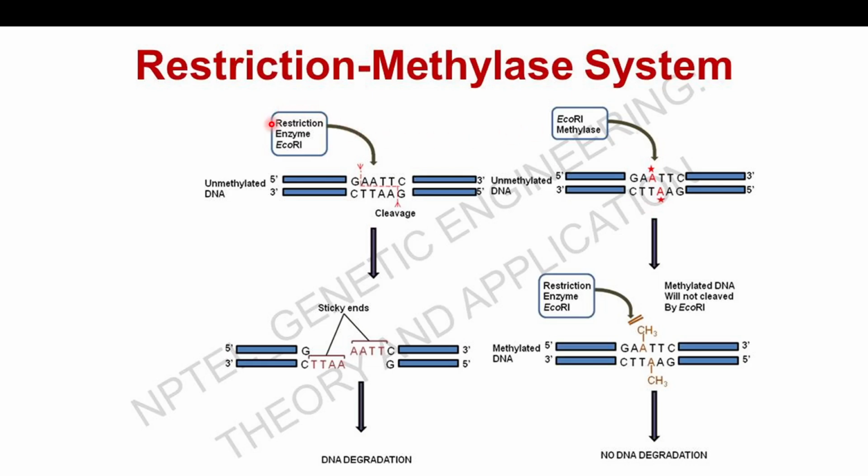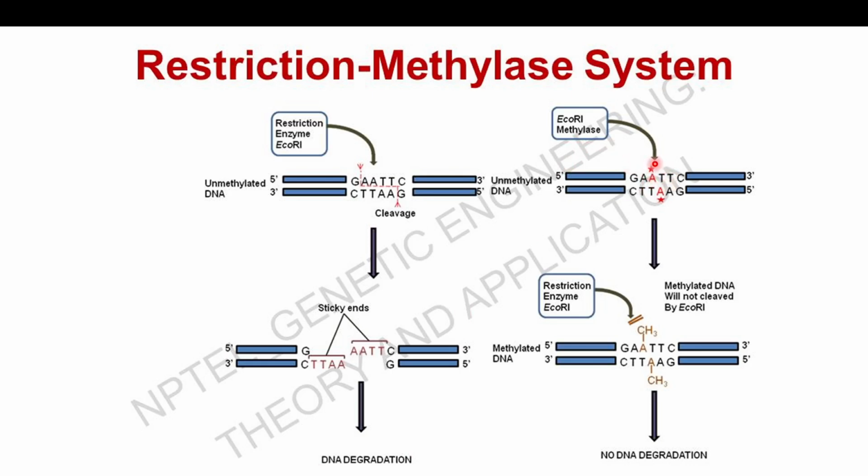So this is what has been shown here. This is the unmethylated DNA. EcoRI's recognition site is these 6 nucleotide bases, and it will ideally cut here, forming these sticky ends, and then these fragmented DNA will later be degraded totally. Okay. Now what happens here is